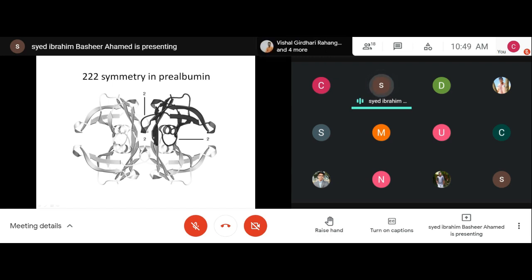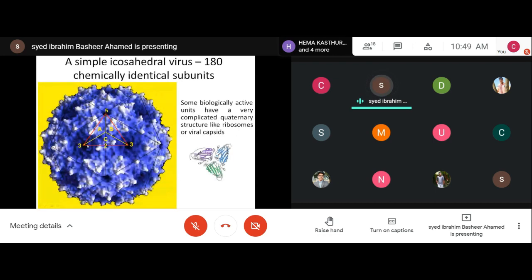If you have just one monomer, by applying 2-fold symmetry, you can generate the other symmetrical partners. Here it's a complex symmetry, which is a capsid protein, a viral protein. Almost all viral capsids are symmetrically related like this. Here the simplest form is highlighted in a color. You can see B and C. It's not a domain, it's a single polypeptide. A is one polypeptide, B is symmetrically related to the same polypeptide, and C is another symmetrical copy.